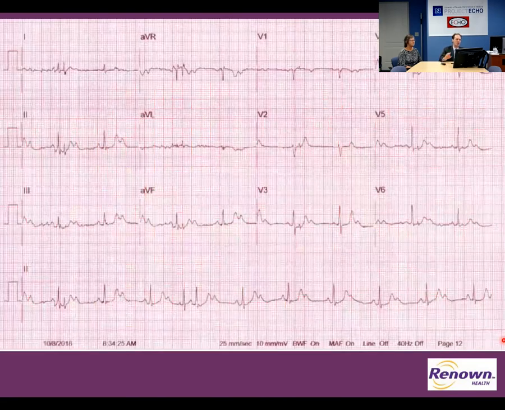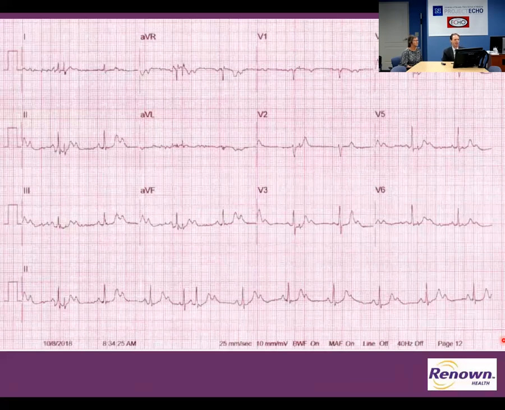And then lastly, this is another really fun one by Sharmisa. Again, we're just going to do rate, and then we'll go to the rest after that. It's pretty regular. So always look at the rhythm strip when you're evaluating rate, and that usually will be standardly lead 2. If you have EKG software available, you can switch that around. If you can't see good P waves in 2, then you can make it 5 or 6 or V1.